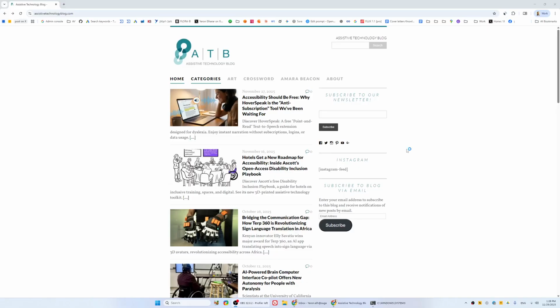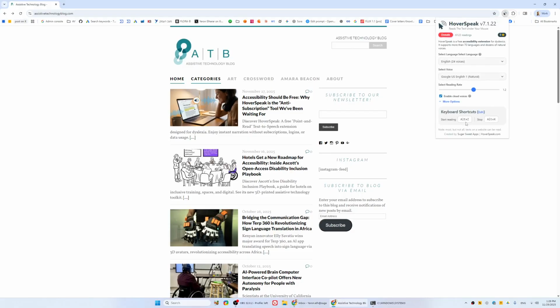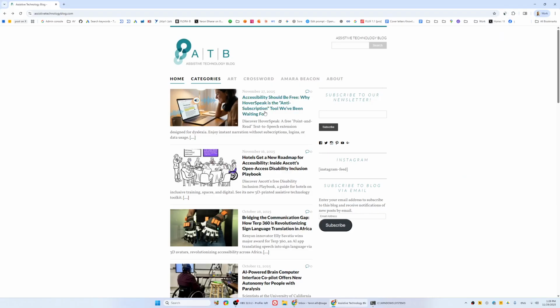Let's talk about HoverSpeak in practice. So, how it works, you have the shortcuts that are listed here. One to start reading, one to stop reading. Once you hover over a section of text,